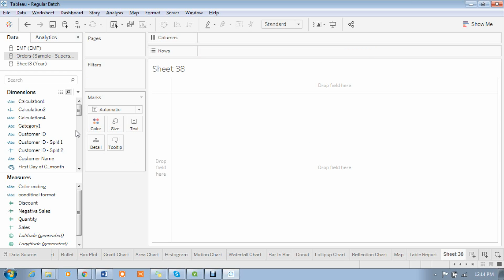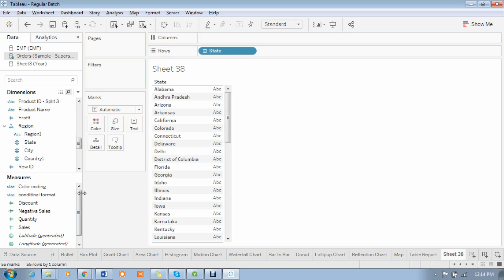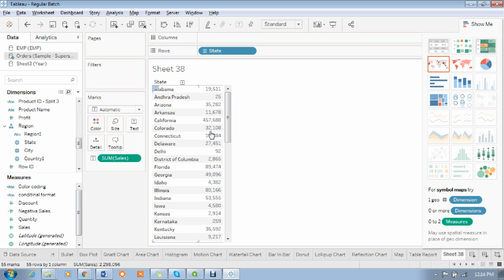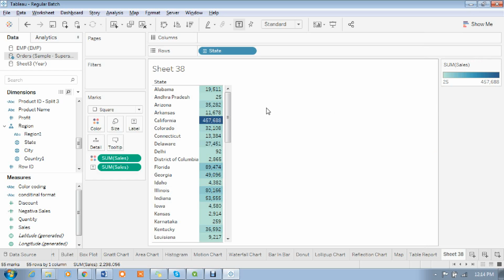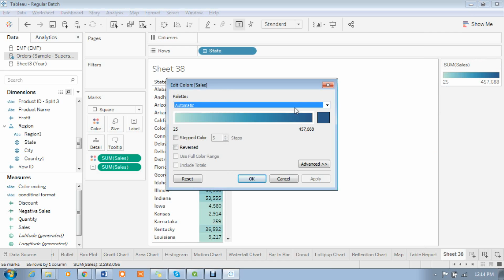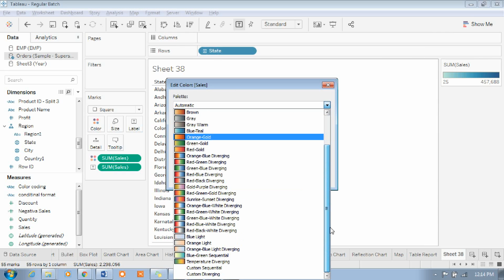Now if I go here and add any one value, state something here, if you want to give some colors, madam, you can simply put this one. It automatically adds some colors. For the highest value this color, for the lowest value a dark one. You can simply go and edit any colors if you want.